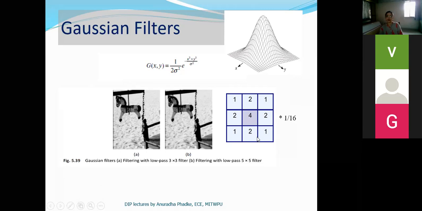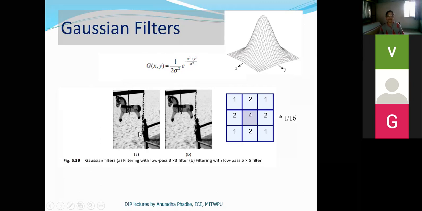Okay. So this weighted average filter we can also name as a Gaussian filter, of course, if these filter coefficients are derived from this particular equation. Okay. So this is an approximate Gaussian filter.